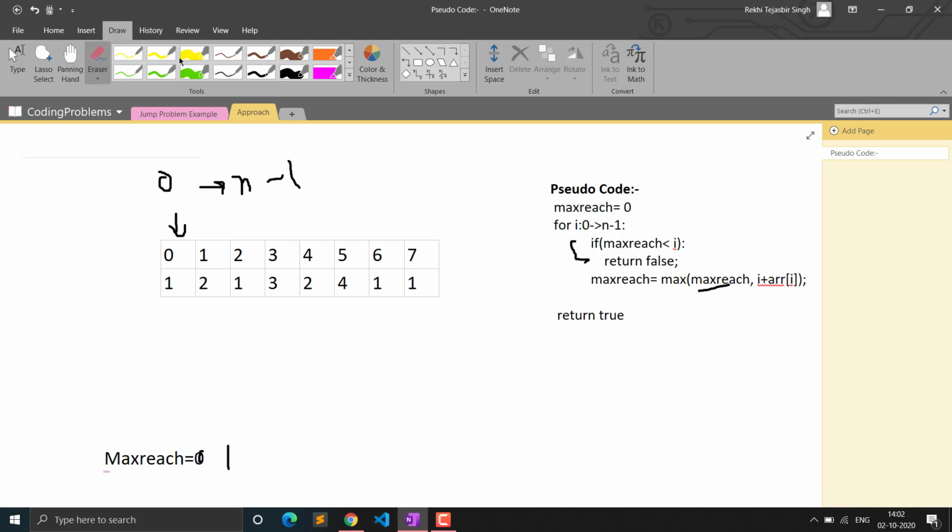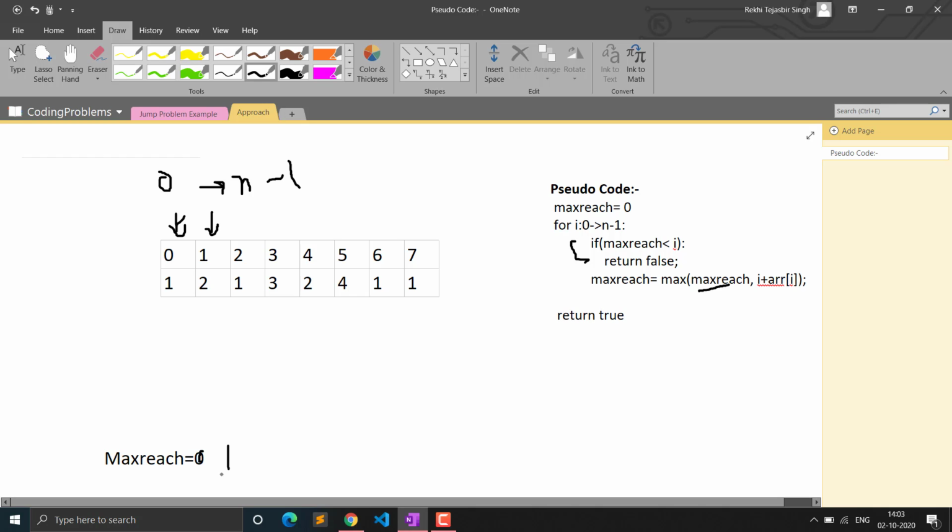So now our i was here. Now we will increment i, it will come here. So i is at 1 and our max is also 1. So this condition is again not true. At any point if our max becomes less than i, that means we are not able to traverse the whole array, or not able to reach the end of the array, because our max has got less than i.